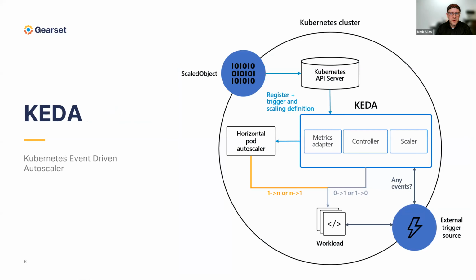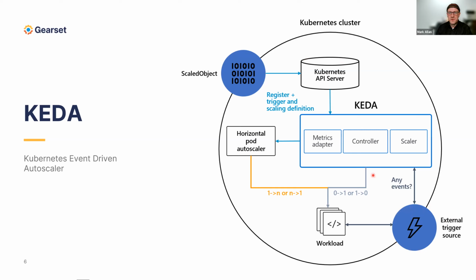So just going through what those are, KEDA plugs into the normal Kubernetes. Now, there's a little bit of scaling built into Kubernetes if you want, but it's more based on CPU and memory. What KEDA does is it actually goes and looks at what it's called the external trigger source. So that's your workload, and it